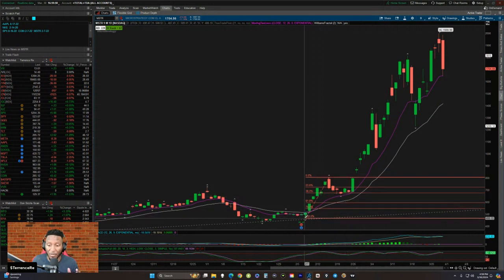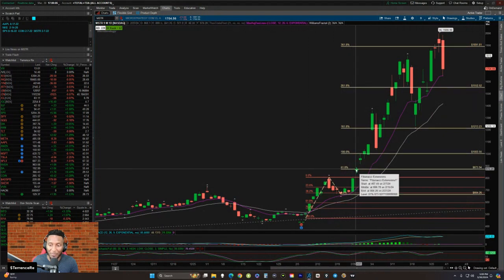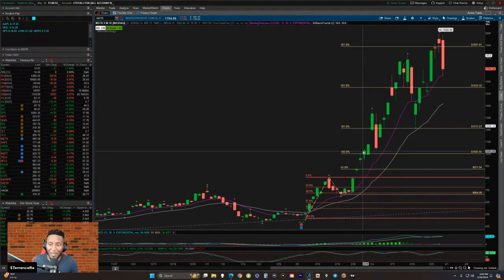We're gonna go from point one to the top, two to the bottom, three. I like to put fractals on because the fractal is gonna pretty much guide you on where to put your points. Now look at MicroStrategy. Gap. Look where it gapped to. Made a doji right there at the first level. Gapped again, hit 100. Gapped again, hit 1618, and then pulled back a little bit.